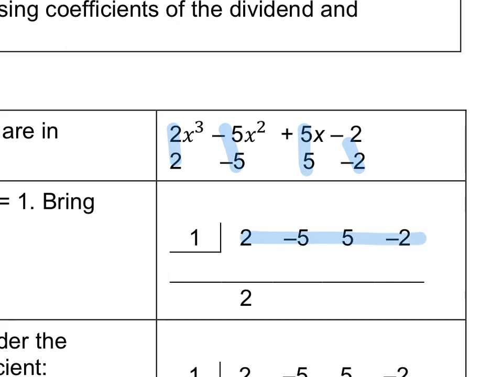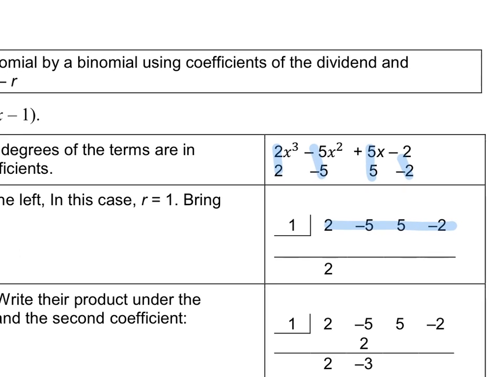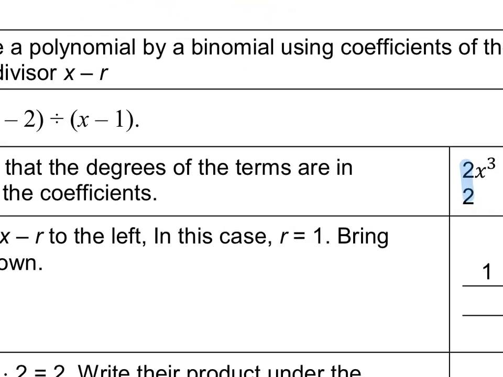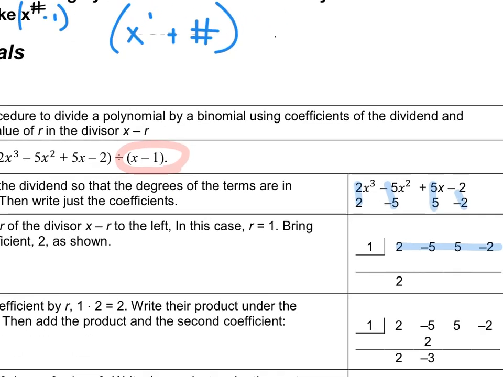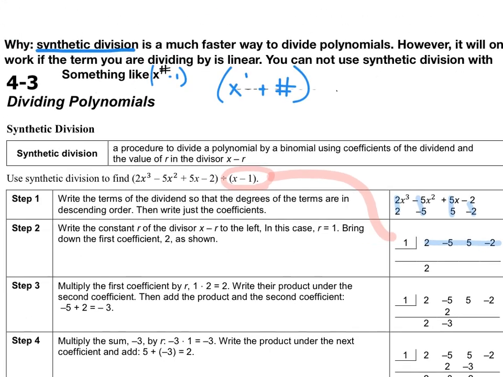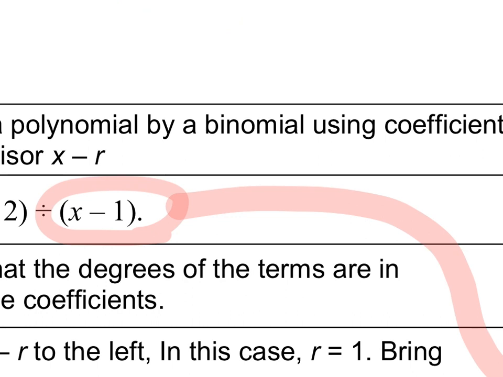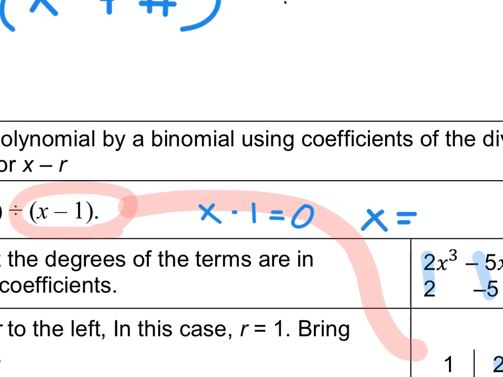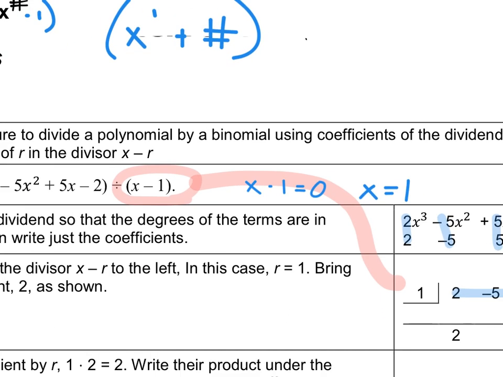So there's those coefficients. And you might notice right away, hey, I was dividing by x minus 1. Why is the answer a positive 1? Well, synthetic division works by dividing by the potential solution to that root. And we know back from last chapter, to find a solution, you take a piece, you set it equal to 0, and you solve it for x. So x minus 1 would have an x-intercept of positive 1, and that's why we're using the positive 1